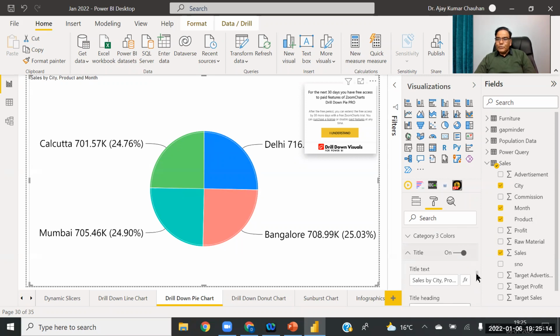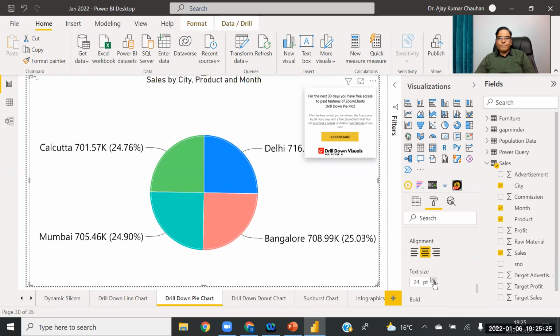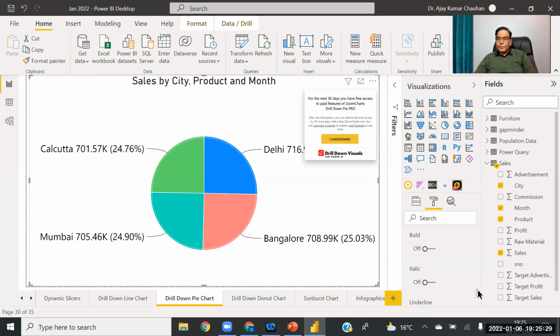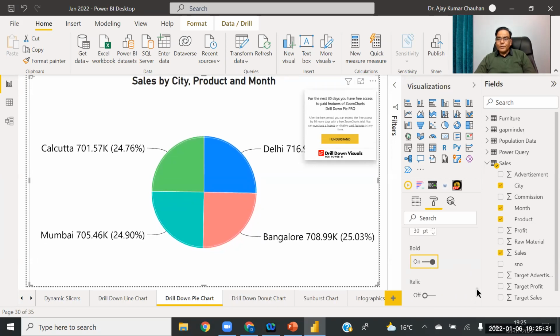Title also I need to change. In center, this is the title. Title is very, very important part of the chart, and put it bold.